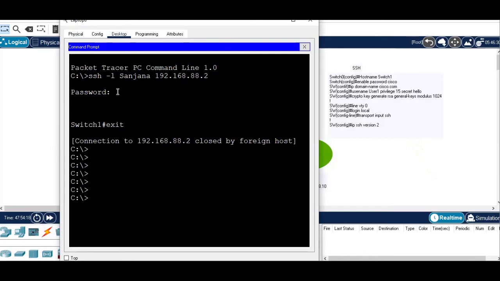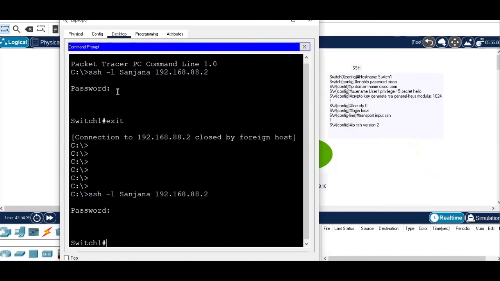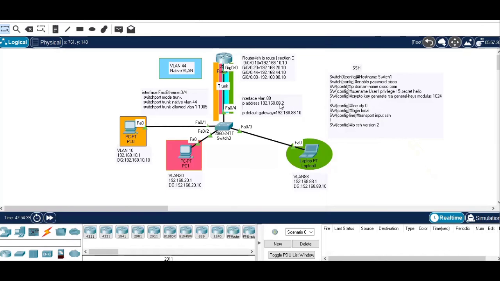And if you want to log back in, SSH again. Password is again hello. Okay, that worked. So just to rephrase, what we have done today is we have configured InterVLAN routing using the